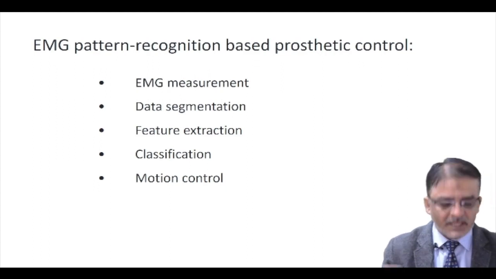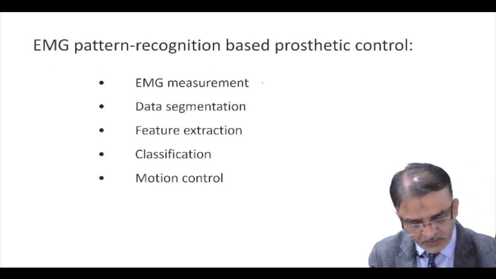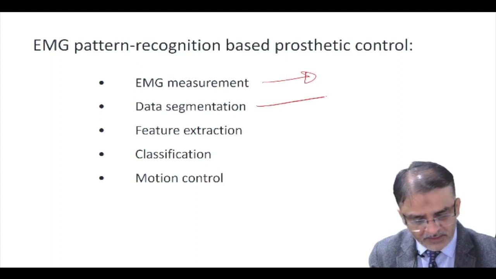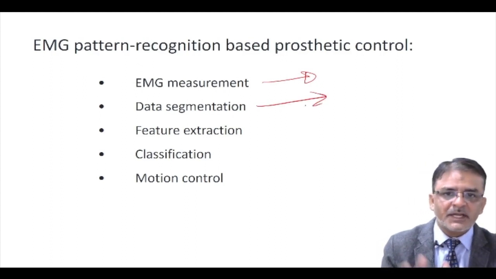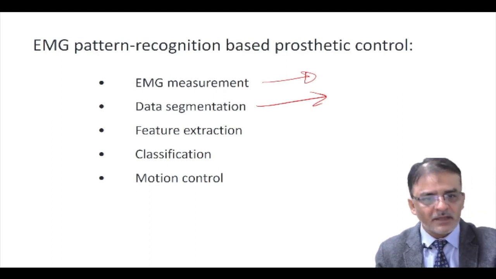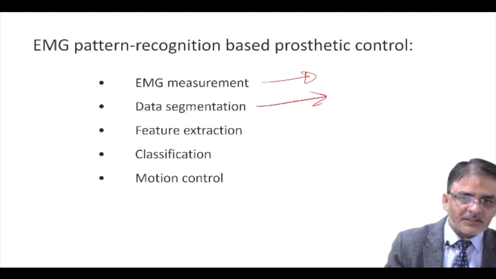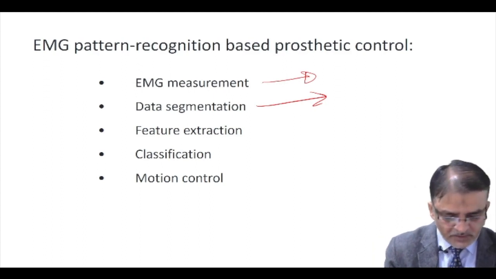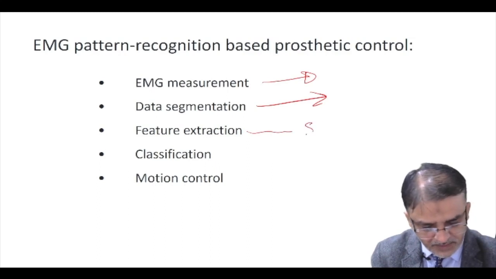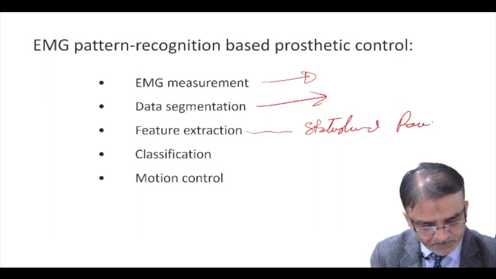Now, doing all these things, we require three to four basic steps. One is EMG measurement of the signal, that is very important. Then segmentation of the data as per the gestures or the steps or elements of the particular action, for example lifting the hand, moving, reaching, grasping, releasing, all those kinds of activities. Then extraction of the features. Features, what we consider, are nothing but statistical parameters.